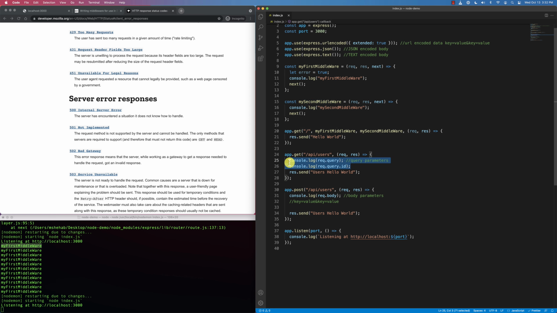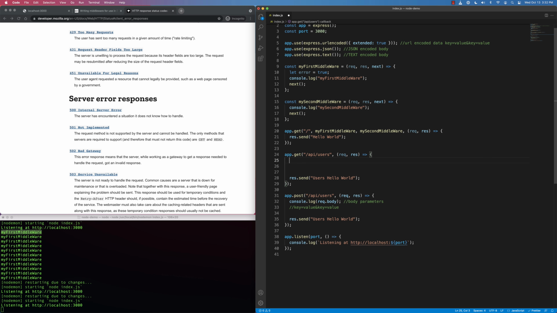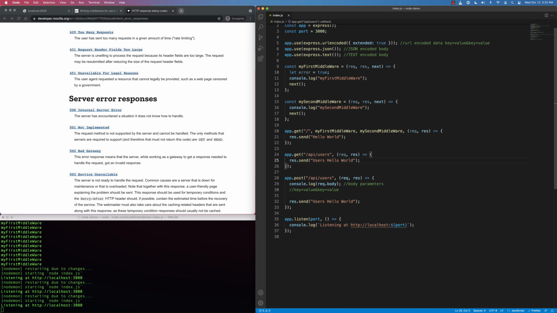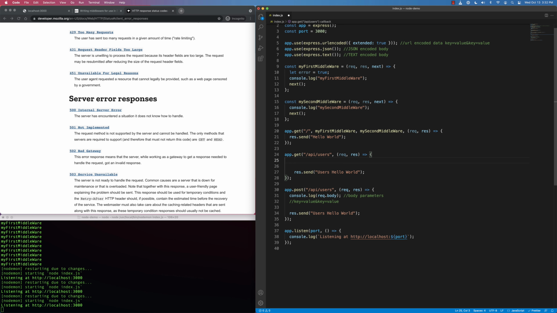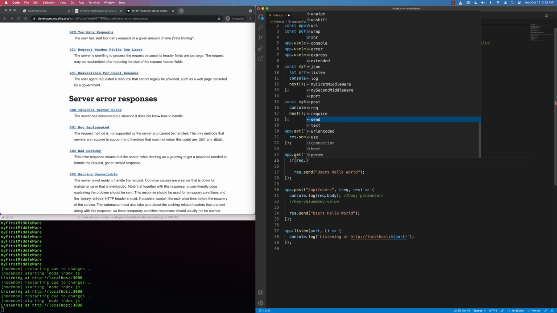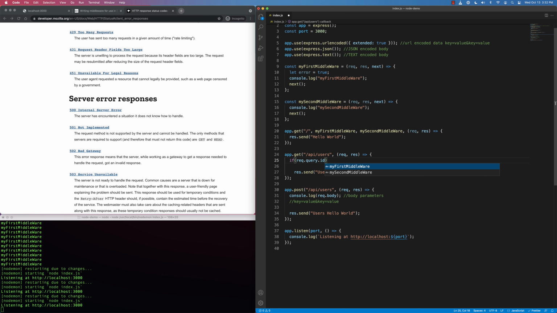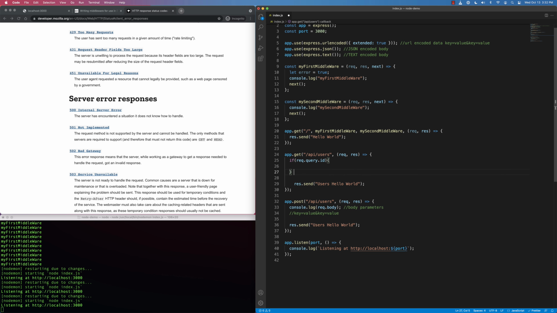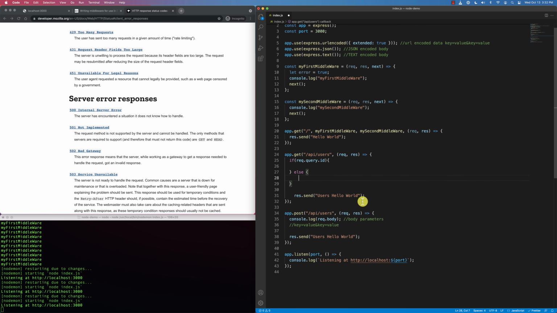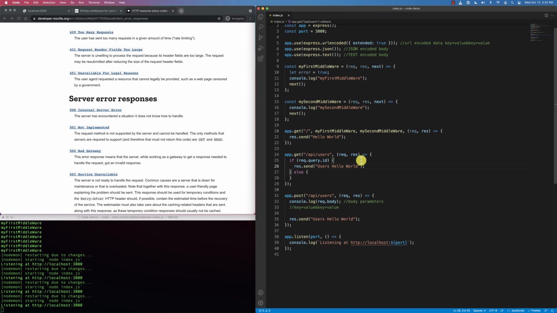Okay, so here is the users one, and let's say you are expecting that they provide some kind of a user ID as a query parameter, for example, right? So we could say that if, for example, request dot query dot ID, right? If this goes through, this means it's fine. Else, we're going to do something else. So now, if it exists, the ID exists, maybe I'll go and get the user, and then I'm going to send back the